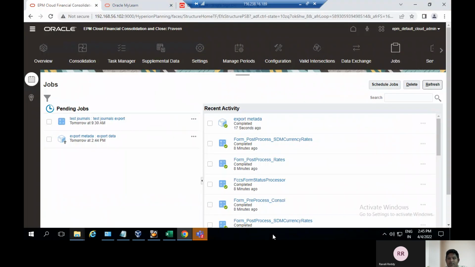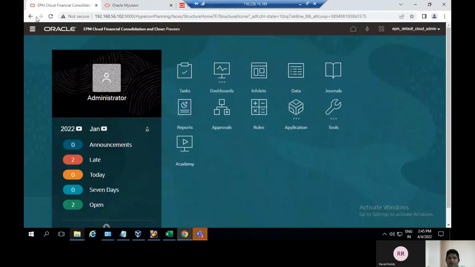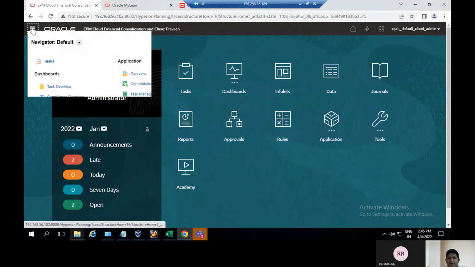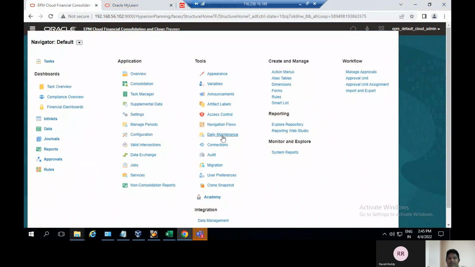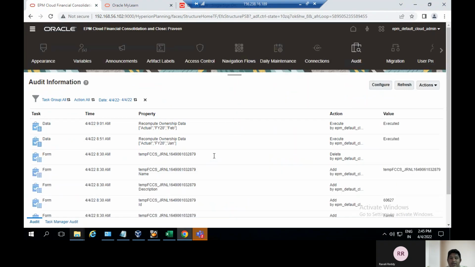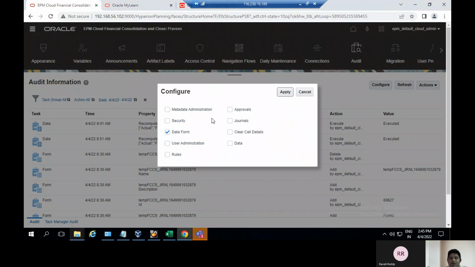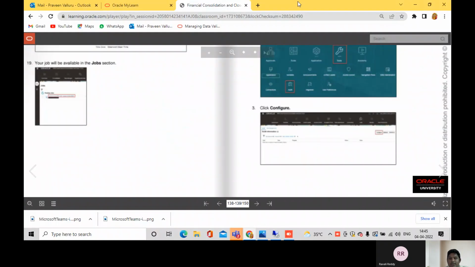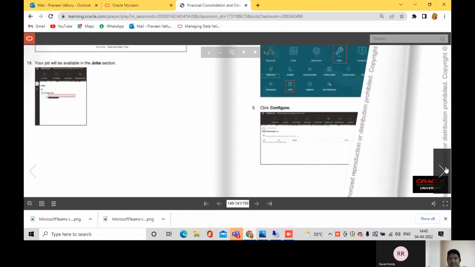Okay, we'll go to the application, go to the navigator. Under here the tool cluster is there. Under the tool cluster, there is the audit tab, the audit card. You click on the audit card. Here to open the audit card, click on configuration. I will open the configuration, and then go to the next page, and